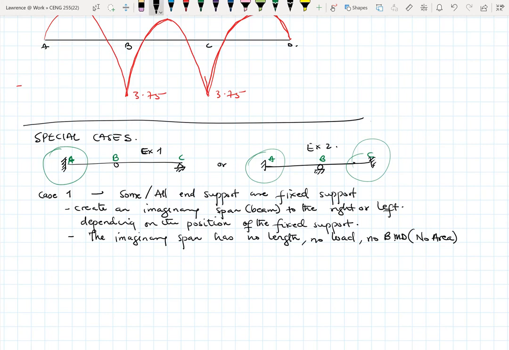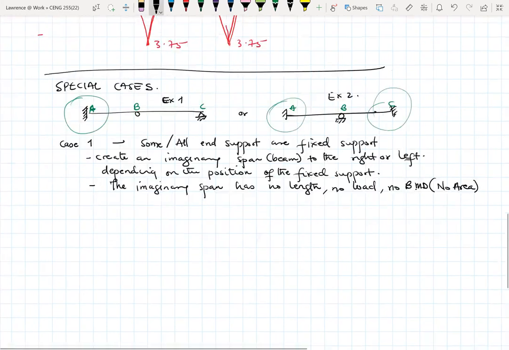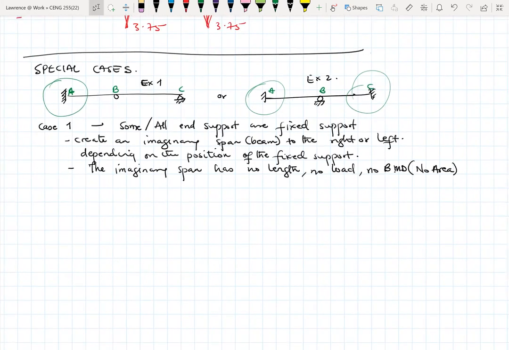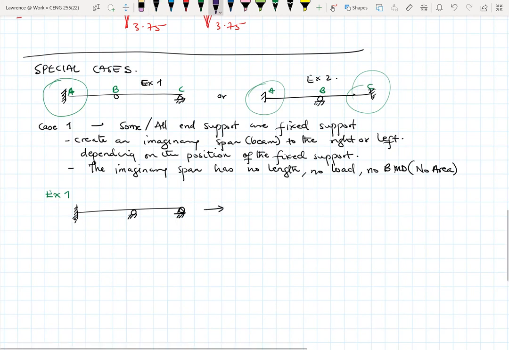So I would explain what I mean by that. If I take example 1, here I'm looking at example 1. For me to use the three-moment equation method, I need to convert this right here, which is what we have. So this is pinned, and then the midpoint is roller. Then translate this into a different option,